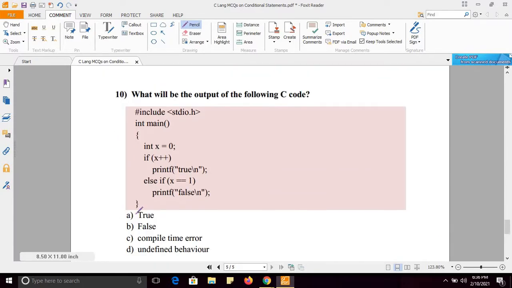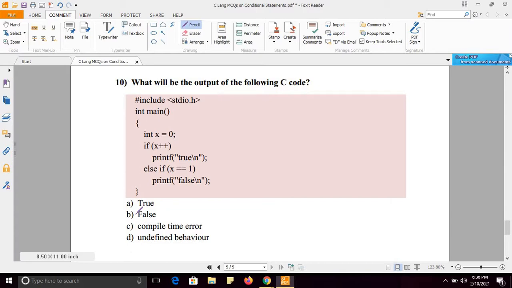Next, what will be the output? X equals 0. If x plus plus, printf true. Else if x equals 1, printf false. What will be the output?